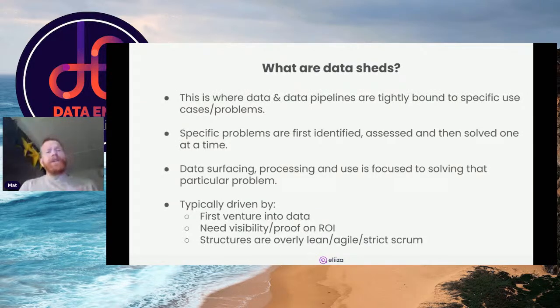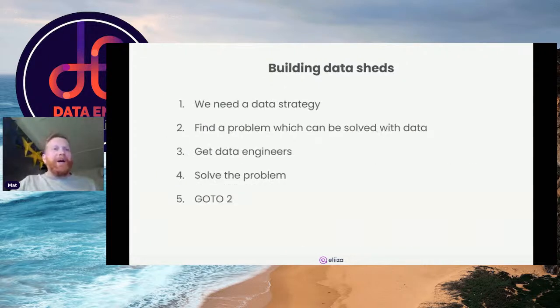The problem is that that really leaves out all the other users that might be touching that data. As a data engineer, I am a user of a data platform, of a data pipeline, and I have certain requirements around that data platform. But quite often it's hard to bubble up my requirements into user stories. They're ignored because they're more technical rather than user driven. So you can spot this anti-pattern happening in companies. And typically it goes like this.